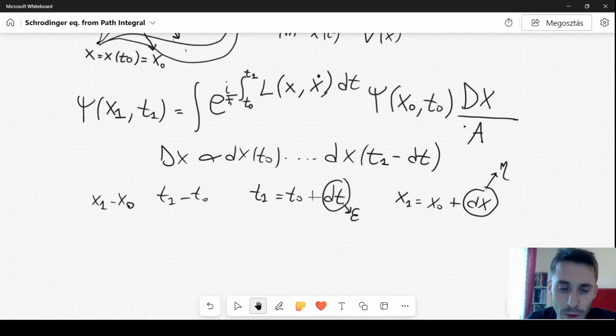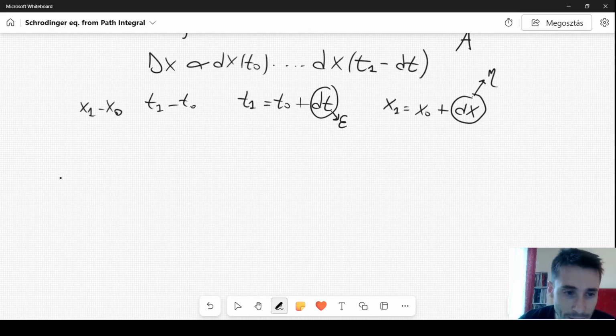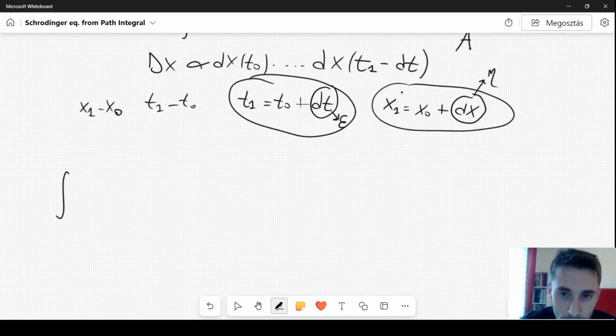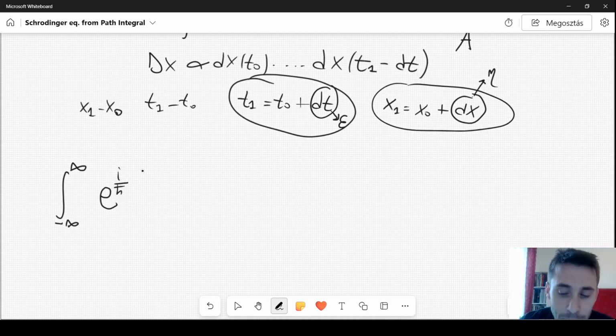But if you want to go deeper into the theory, you have to study path integrals. So we assume that we take this as a starting point. Then let's rewrite the path integral in this case when these conditions hold. So when the points are very close to each other, both in time and in space. So we have to integrate over all the possibilities from minus infinity to plus infinity. Then e to the i divided by h bar is multiplied by the Lagrangian evaluated at